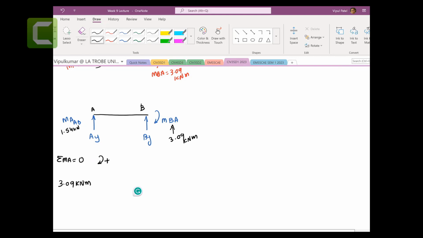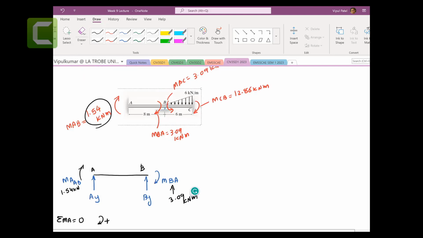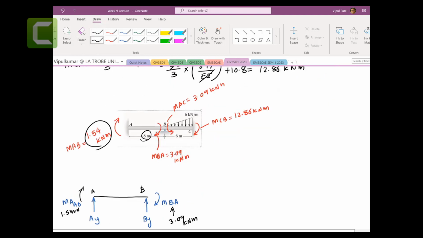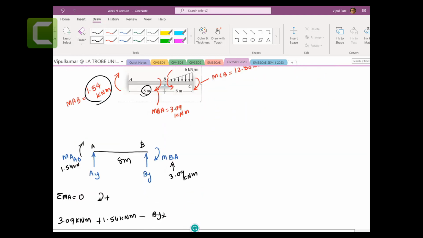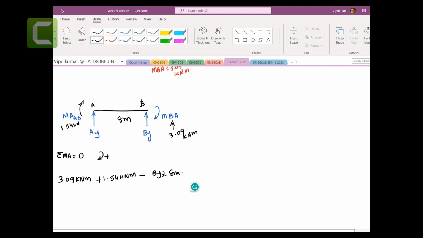This one also clockwise, 1.54 kilonewton meters, and this one creates an anti-clockwise moment. So BY times this length we got, which is 8 meters. BY times 8 meters equal to 0. So BY we're going to get is